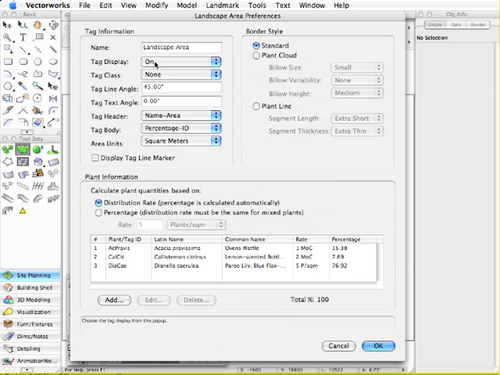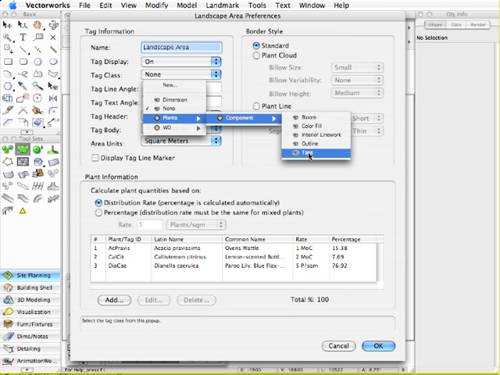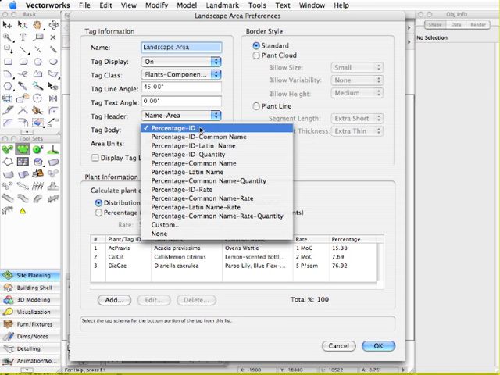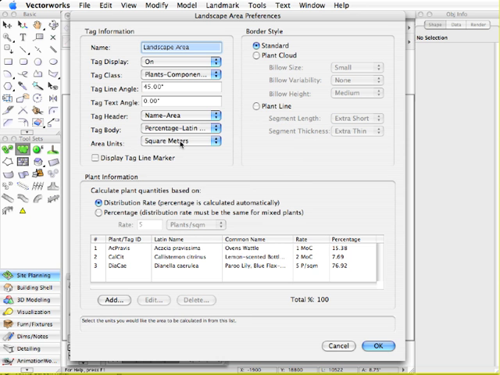So we've got the ability to give it a name, to choose the tag, whether it's on or off, to put the tag in a class if we want to, and probably you put the tag in the component tags class, to set a text angle, to set a tag header, and you can then also set how the tags are displayed, so with a percentage and ID. You've got quantity, common name, so you could also go or maybe percentage ID and Latin name, or percentage and Latin name. Let's go for that one. Whether we're in square meters, acres or hectares,